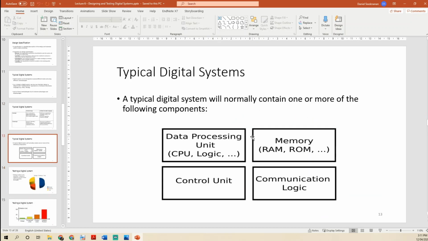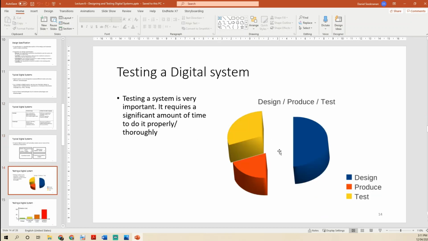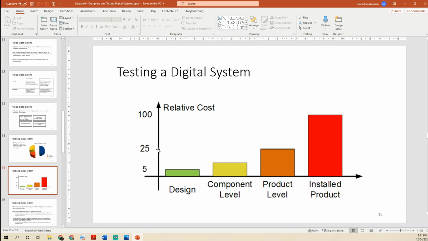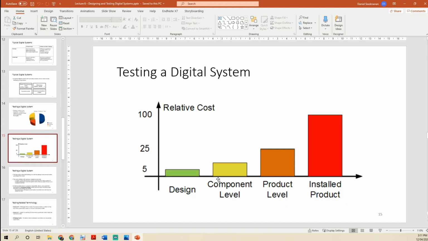Testing is important because it requires a significant amount of time to do properly. It takes up a large chunk of time with respect to design and production. And this graph tells us that the longer we wait to test a product,